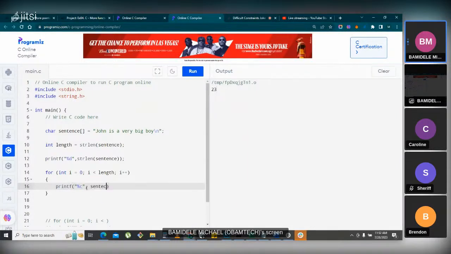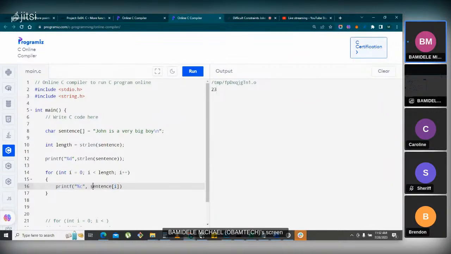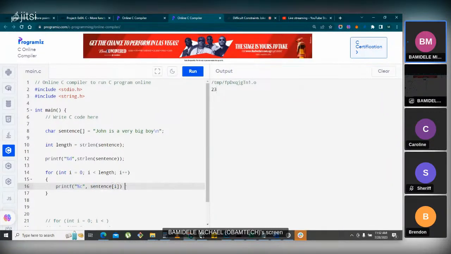I'm outputting every character, from every position of i. I'll have sentence[0], and at sentence[0] the value is J, so it prints J for me. Sentence[1] prints O for me. Like that, that is how the loop will work. So if we output this,